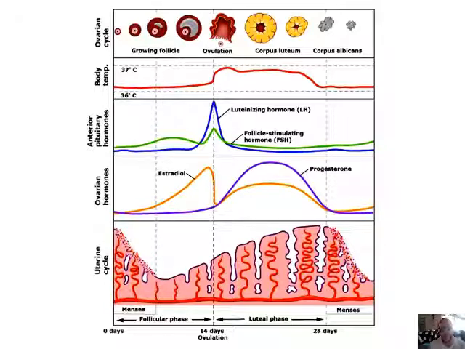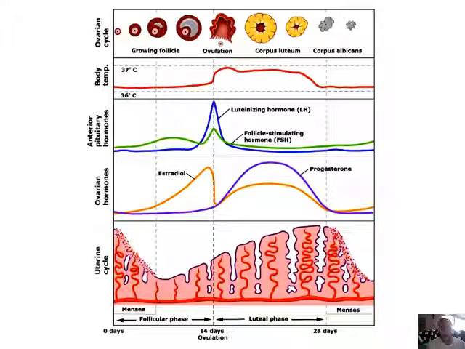Once ovulation has occurred, the egg is going to go into the fallopian tubes, and at the same time, the estrogen has caused the endometrium layer to thicken. Once that has thickened enough and ovulation has occurred and luteinizing hormone has peaked, your amount of progesterone is going to increase because the leftover Graafian follicle is now starting to produce progesterone, which is causing a negative feedback system with follicle stimulating hormone as well as luteinizing hormone, and that is going to maintain the endometrium until the corpus luteum starts to disintegrate or die or become smaller, and the progesterone decreases, causing the endometrium to start